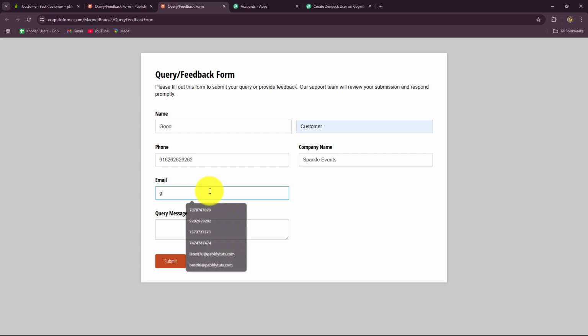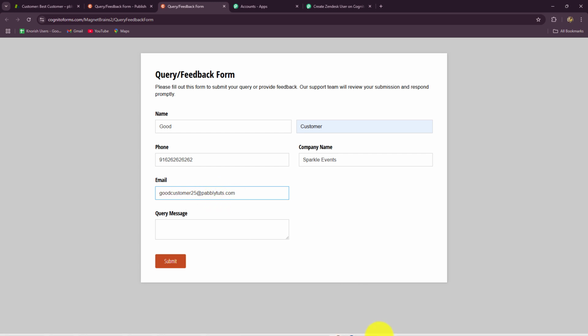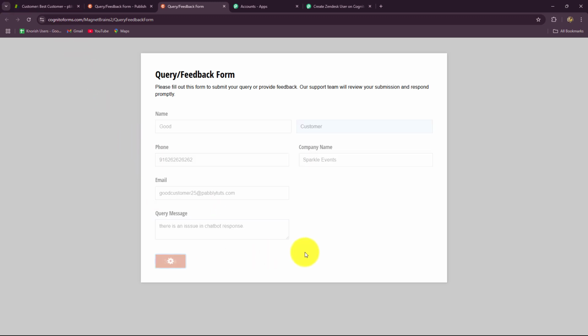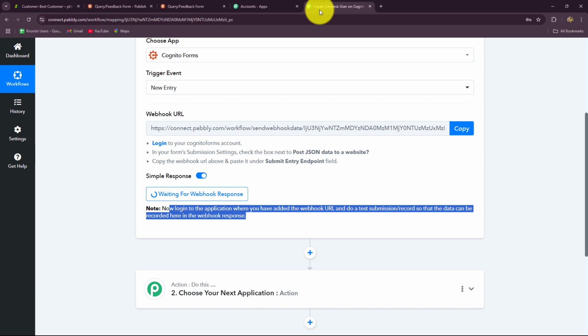Let's say the email of this customer is goodcustomer25@pabblytudes.com. And here I'm going to enter a random query message. Let's say there is an issue in chatbot response. Okay, now I'm going to submit this form, and as soon as we have done that, let's go back towards